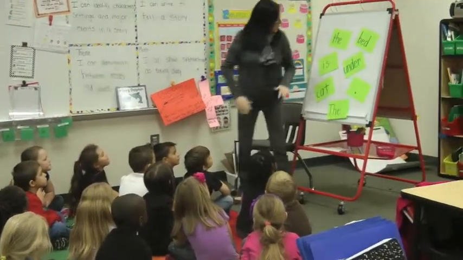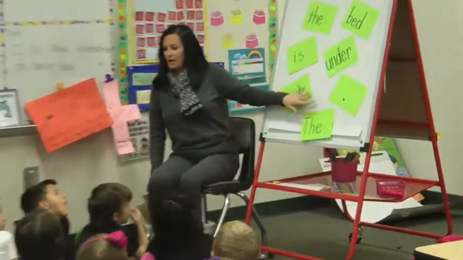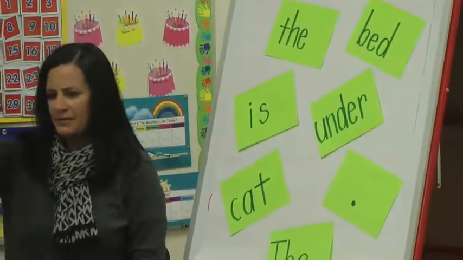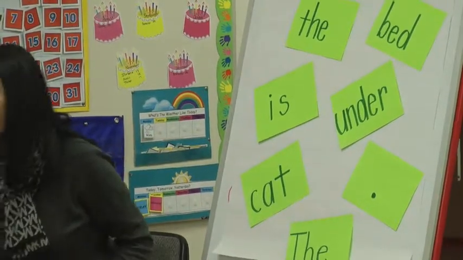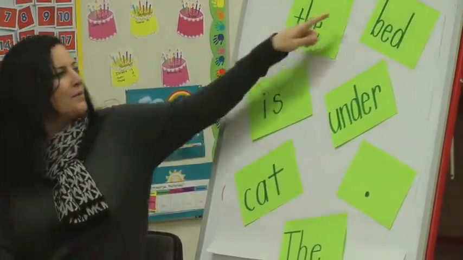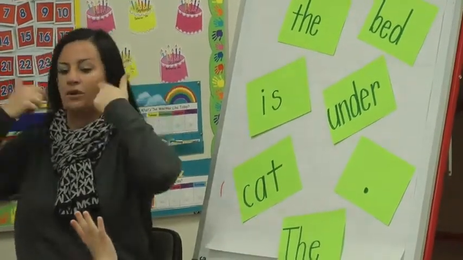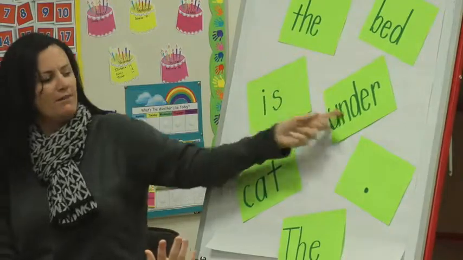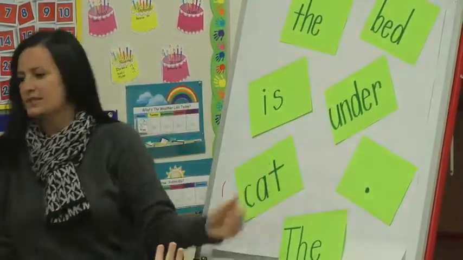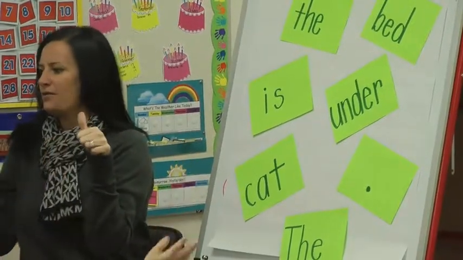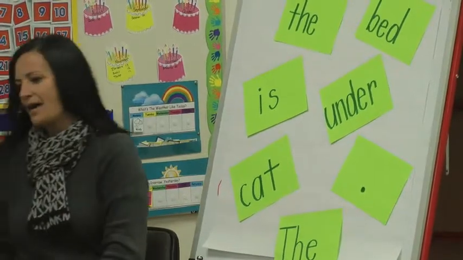So, I see lots of words on my paper. Thumbs up or thumbs down? Thumbs up, you see them. Thumbs down, you don't. I hope everybody has a thumbs up because you should be able to see my words. Okay, how many words do you see? Hold up your fingers if you can show me how many words. You have to count. How many words do you see? How many? 6. You're right.